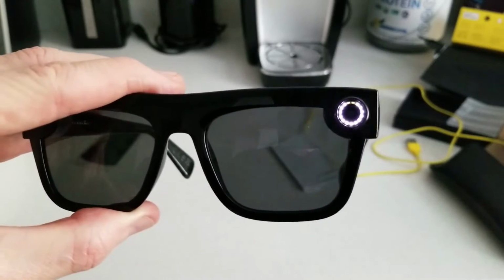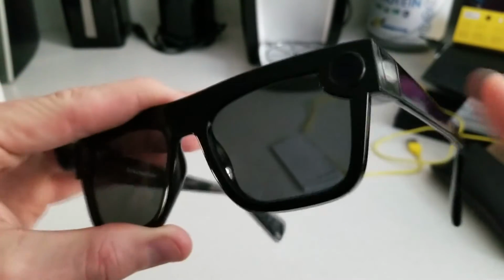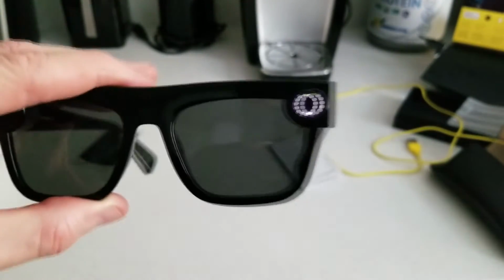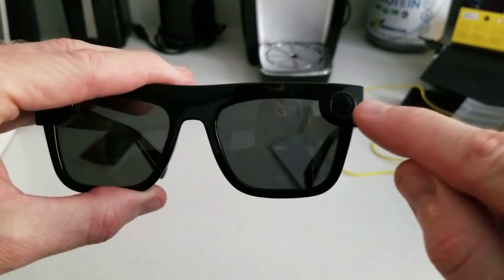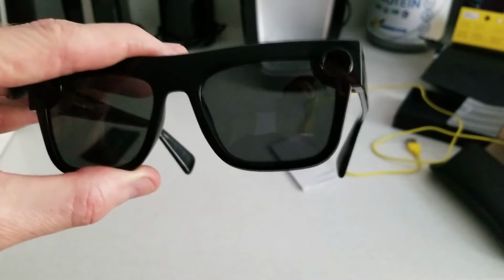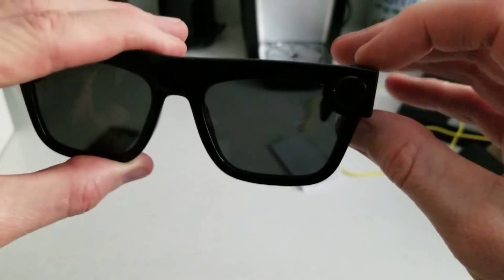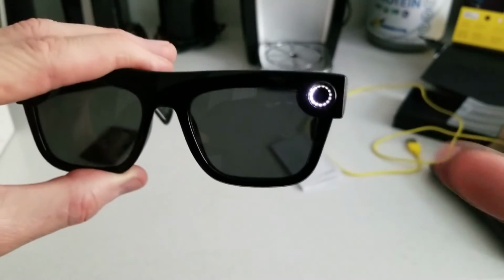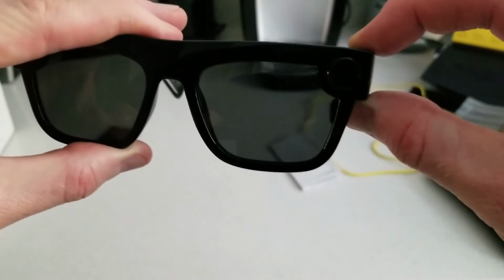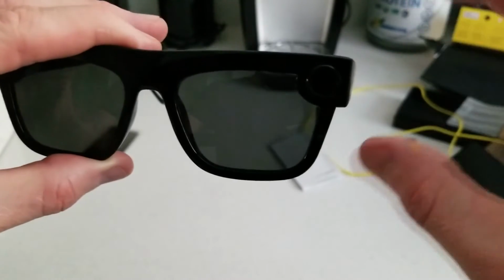So it's just a little bit of a slow roll. So you got to hit it 1, 2. And then it'll go ahead and work right there. All right, real nice. Kind of hard for the camera to pick that up, but a couple of the lines were missing, so we're probably 95% or so shipped. You push it one time to take a 10-second video, and this will happen here, and it will go on for 10 seconds, and then it stops. You hold it down for photo, and it takes a photo with the LED light like that,